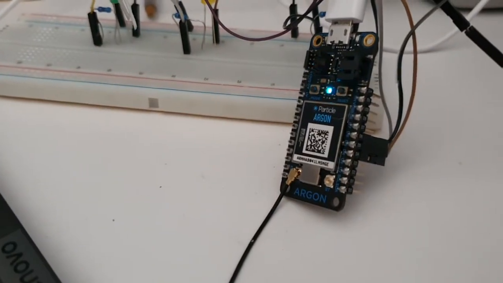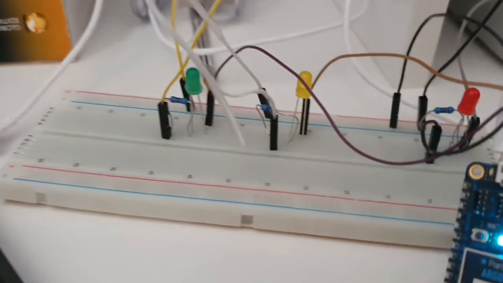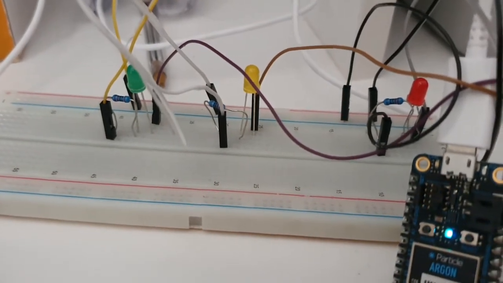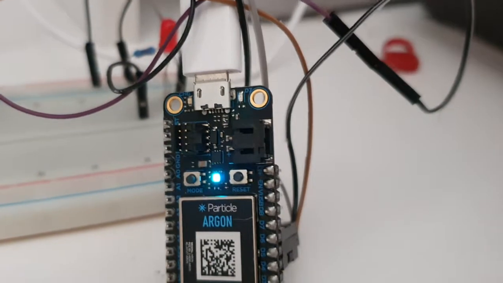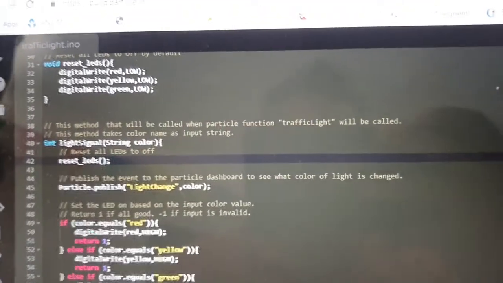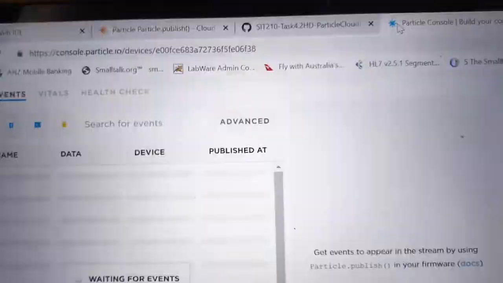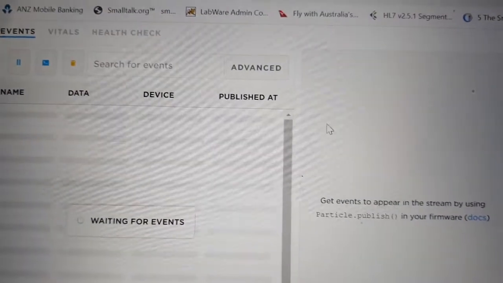We can see it's blinking here, and this is my setup: three lights, green, yellow and red, and it's connected to this particle device. My particle device is online, so if I go to the dashboard here,